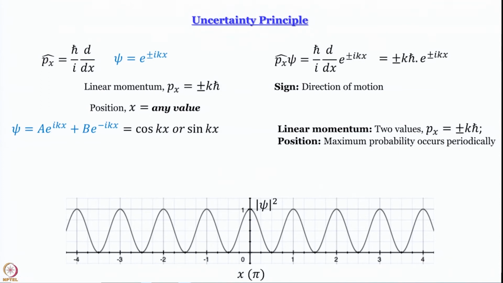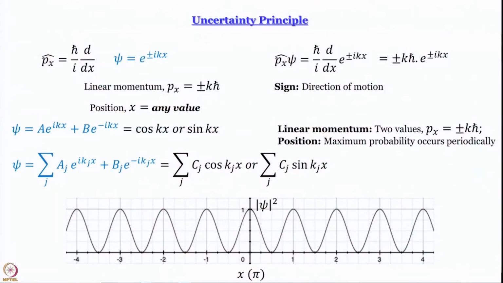So what we see is that position gets a little better defined. At least we can say that the particle is more probable to be here, here, here and here and less probable to be here. Earlier position could have been anything, all values of x had the same probability when you took one of the exponential terms. So we have demonstrated that if we introduce a little bit of uncertainty in momentum, position becomes more precisely defined. Let us now go